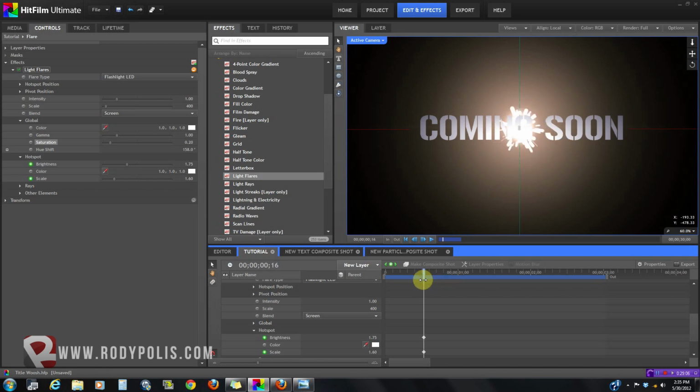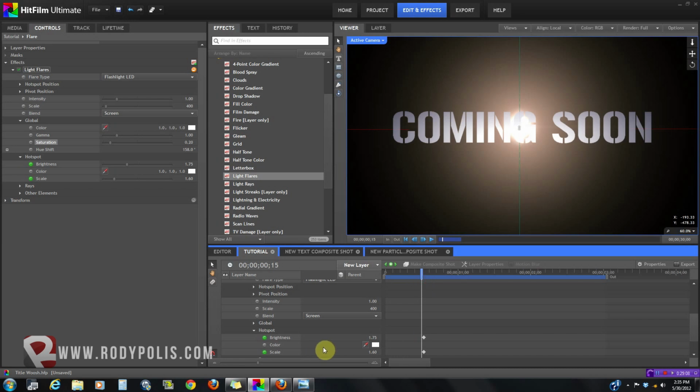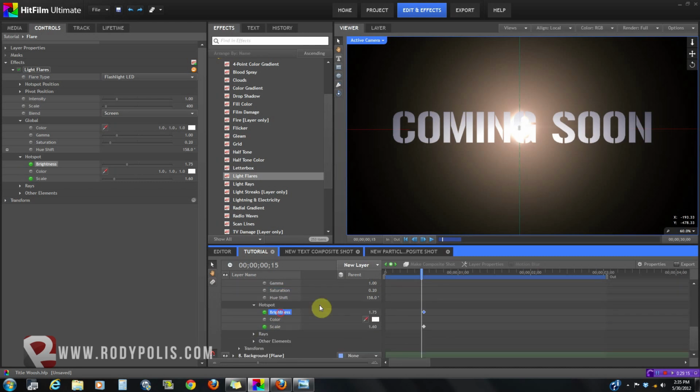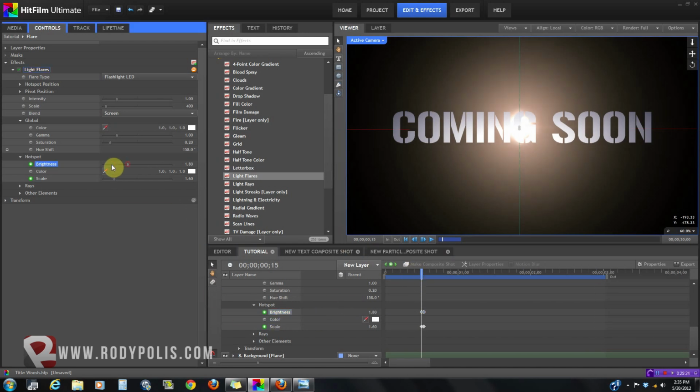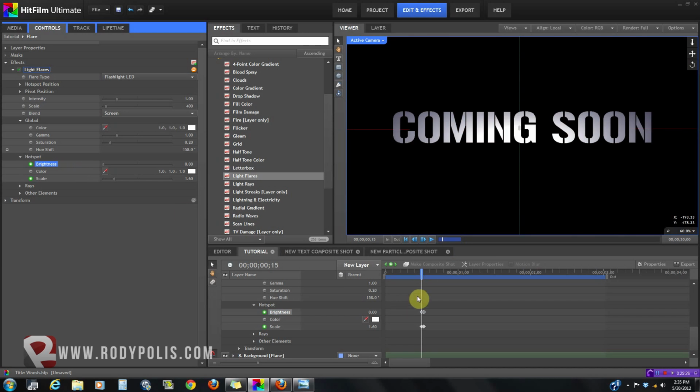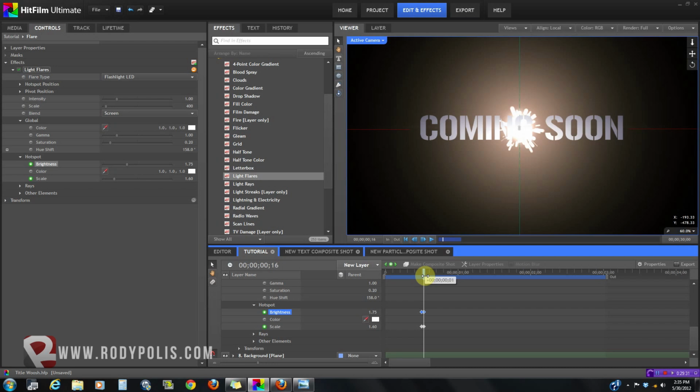So let's go 1 frame before that. Wrong. Let's go 1 frame before that. Add the brightness. Add another keyframe. And for the brightness, let's just put it at 0. So pretty much this won't start until this happens. So this keyframe happens, and then